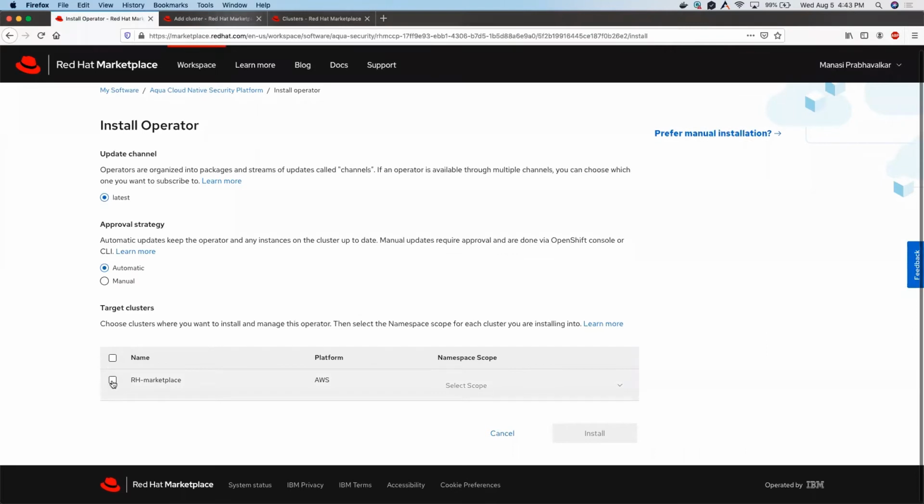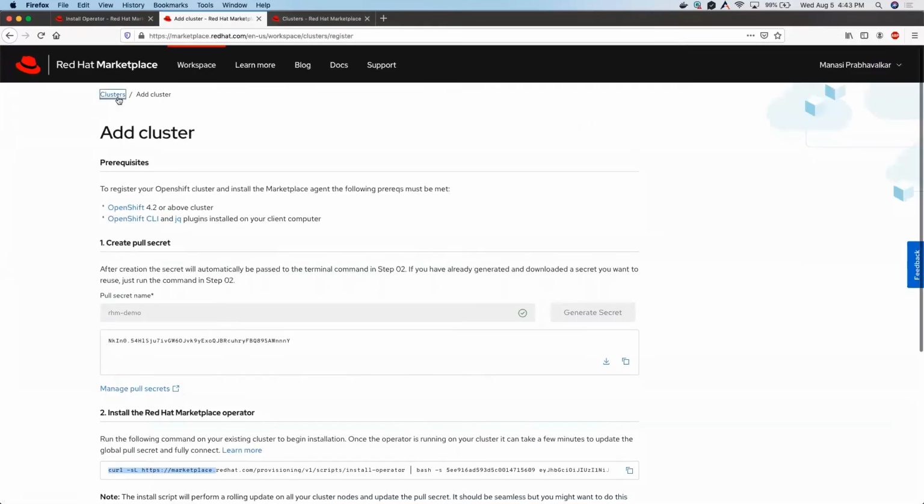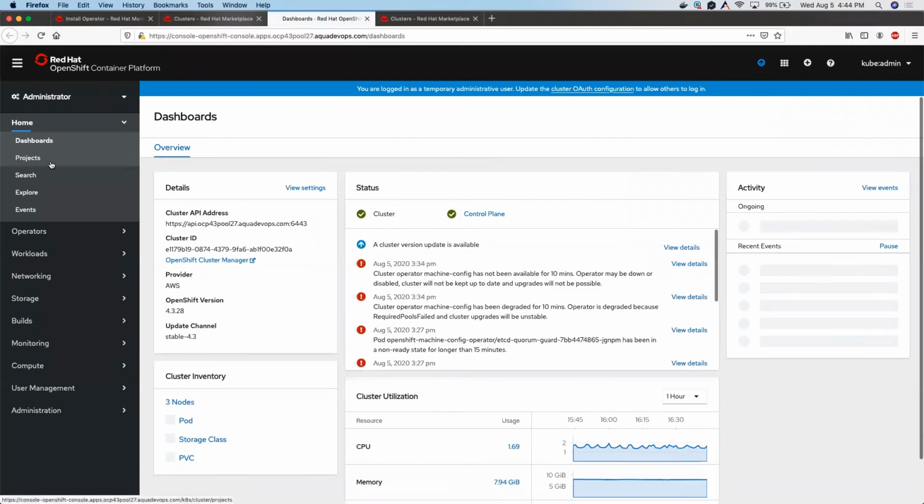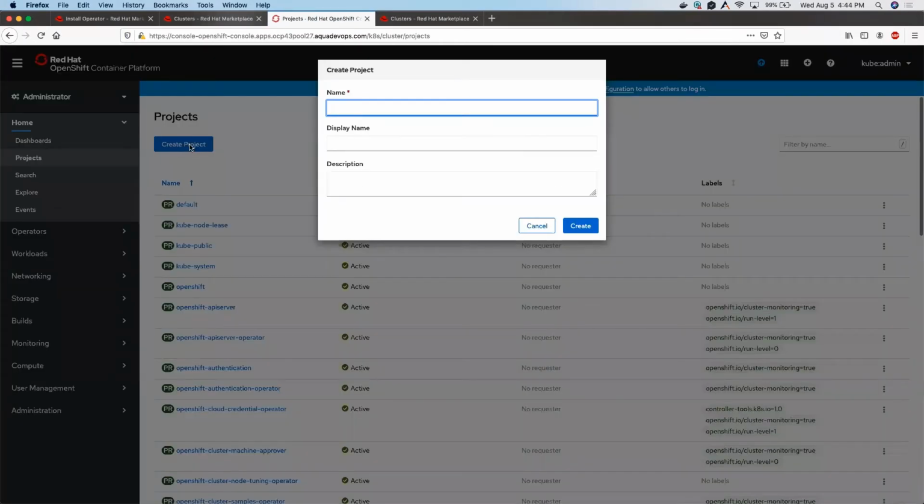Here you can see my OpenShift cluster is listed, and I can use the drop down, but first I have to go to my cluster and create the Aqua namespace.